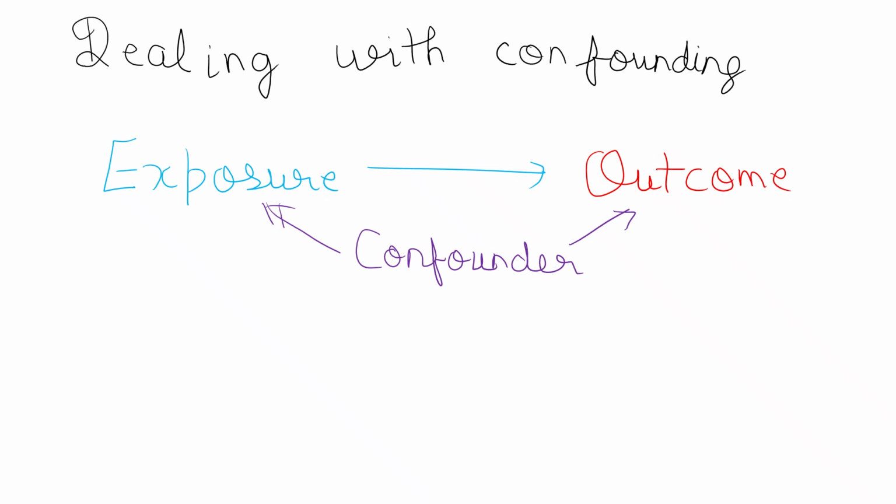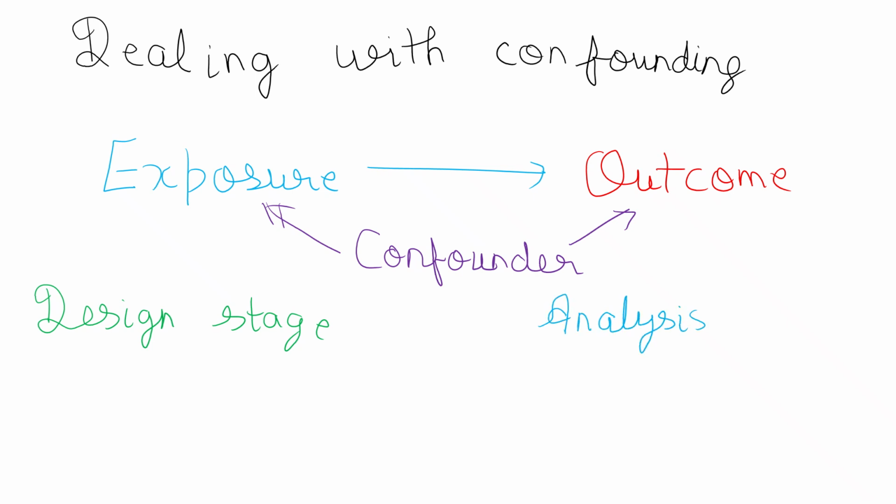Now there are two stages of a study. When you make a study design, that is known as the design stage of the study. And the other one is the analysis stage of the study. Design stage and analysis stage. So there are different methods by which we can deal with confounders both at the design stage as well as the analysis stage. At the design stage it is